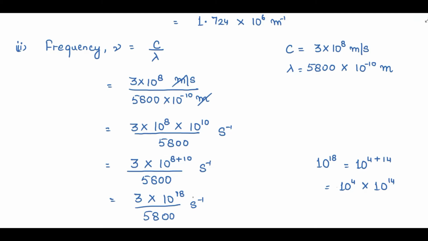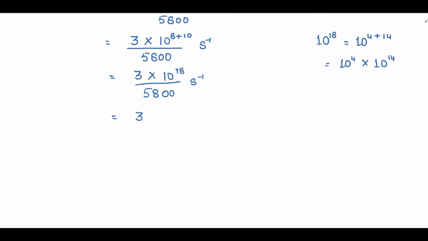So let's put the value of 10 raised to power 18 over here. So 3 into this 10 raised to power 4 means I am having 4 zeros with this 1, into 10 raised to power 14. So I'll put the values: 10 raised to power 14 second inverse divided by